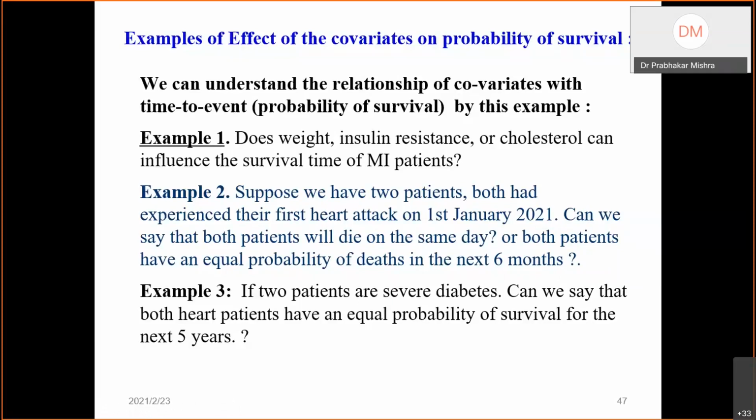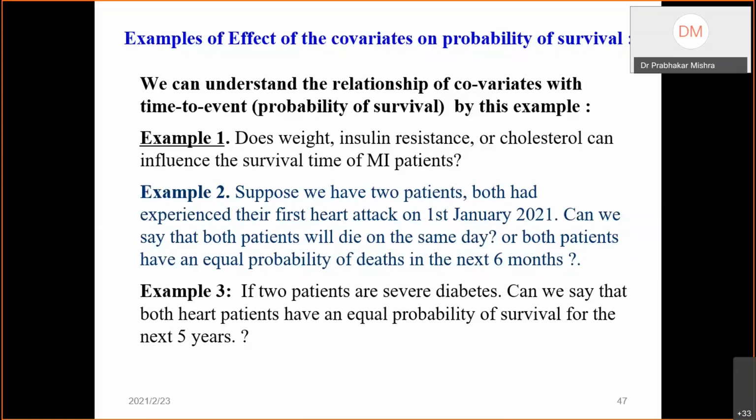The reason is that there are various factors influencing the survival, including their comorbidities, risk factors, as well as treatment, as well as demographic factors like age and others. So these other things are also important for the survival. So there are various factors that we also need to adjust for when we are assessing the survival time.